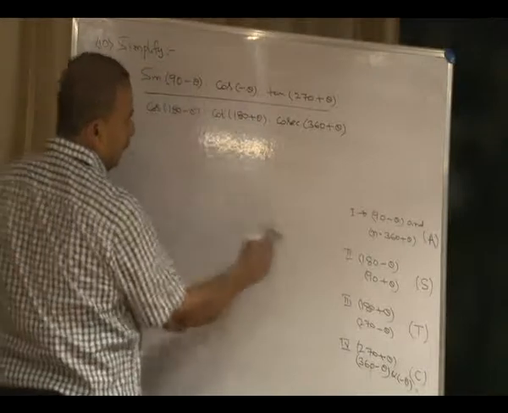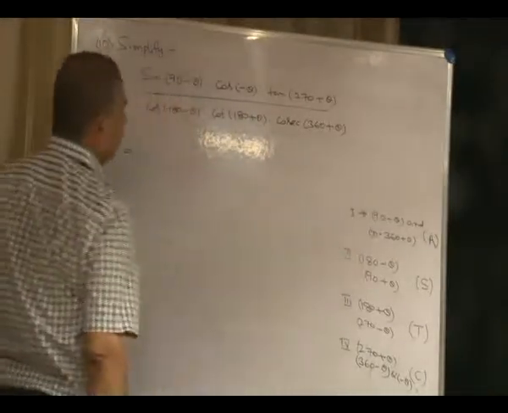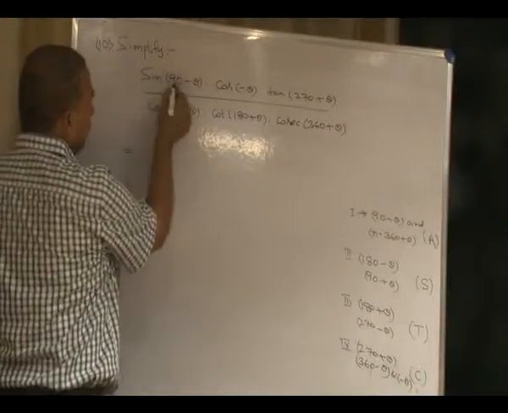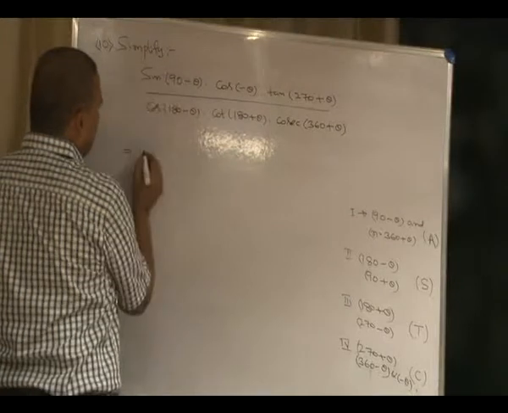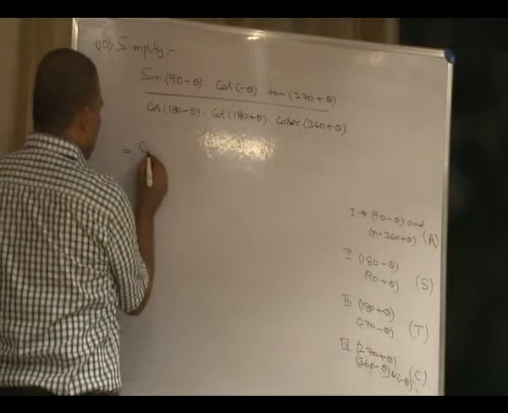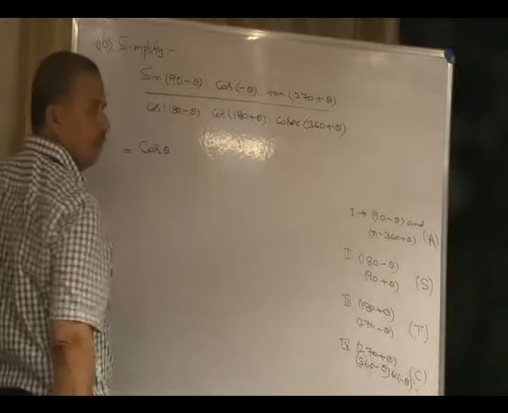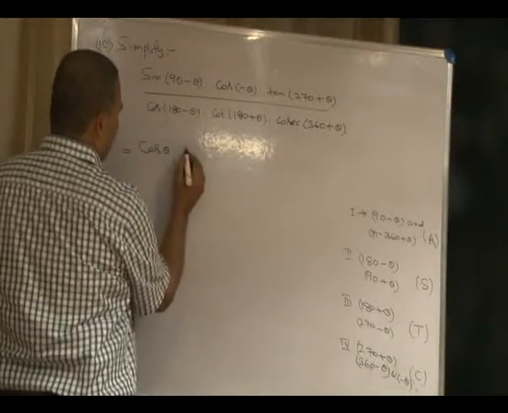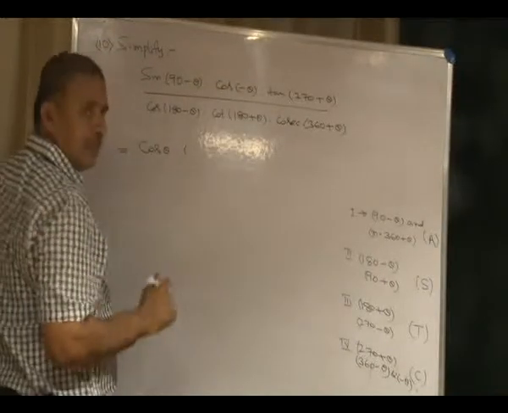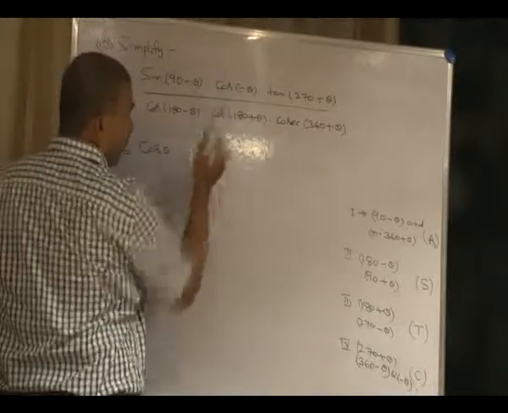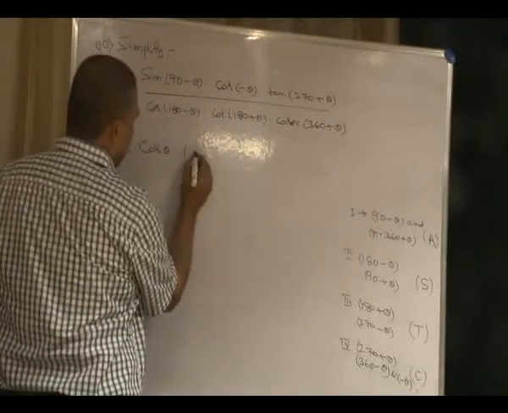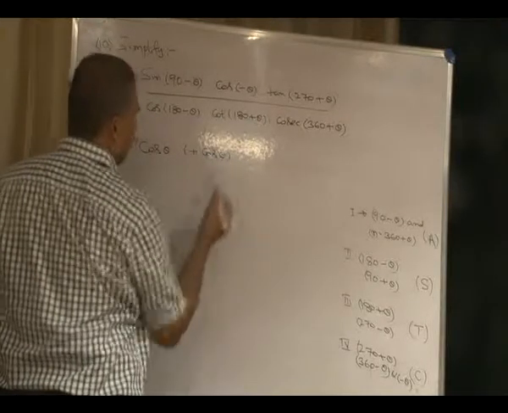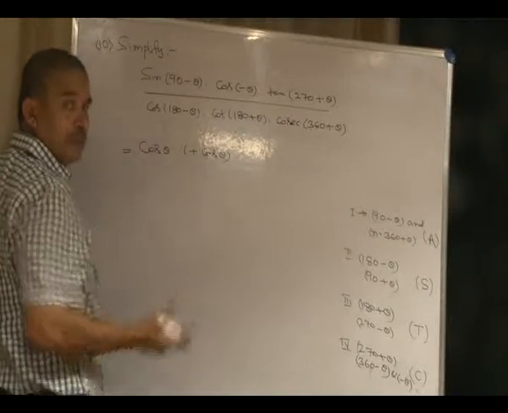Here an angle 90 minus theta comes under first quadrant. First quadrant all the trigonometric functions are positive. So in the ratio 90 minus theta the sin function changes to cos. That is sin 90 minus theta is plus cos theta, and cos of minus theta, an angle minus theta comes under fourth quadrant. In fourth quadrant cos is positive, and in minus theta same function, that is plus cos theta.